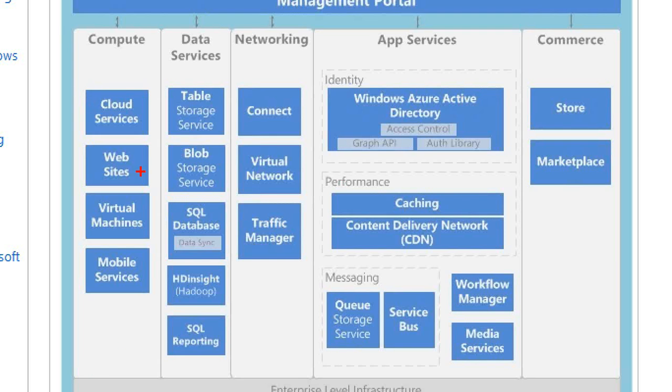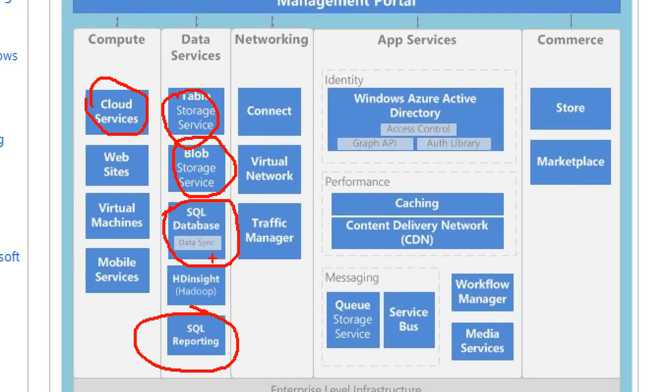It gives you cloud services, websites, mobile services which are recently launched under compute, and other things like app services, Azure Directory, caching. So it gives you a complete stack of services required from platform to software. So Windows Azure, basically when it was launched as platform as a service, focused key on the cloud services, the storage that you have here, the SQL data storage that you have, SQL reporting. So these are the key things which were launched where you talk about Windows Azure as a platform as a